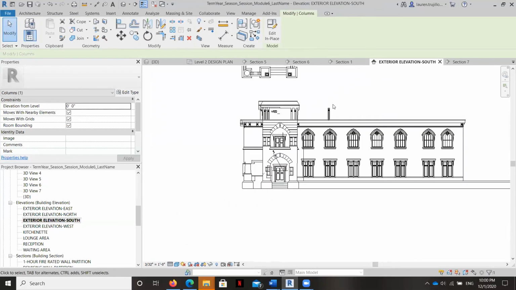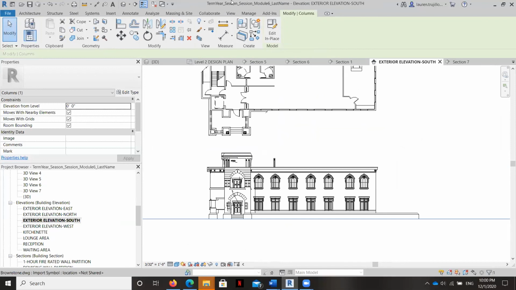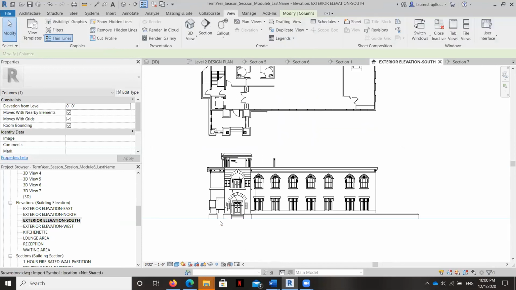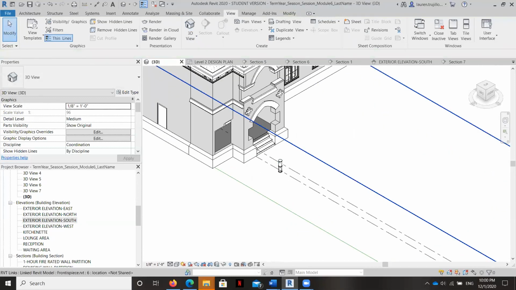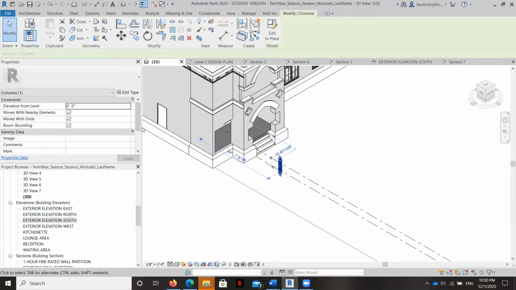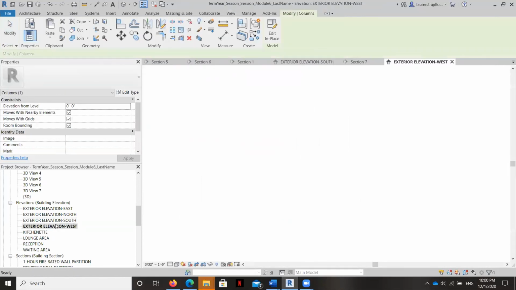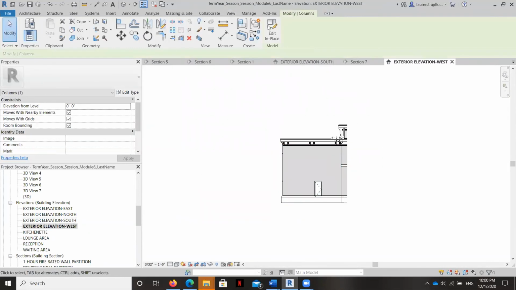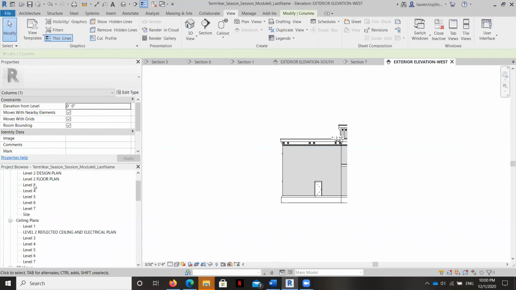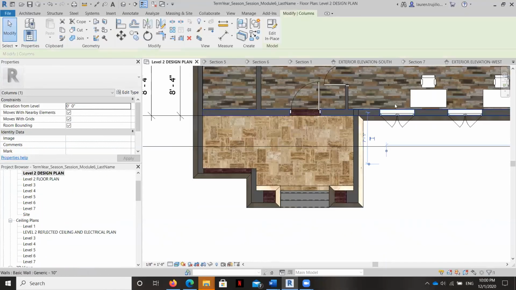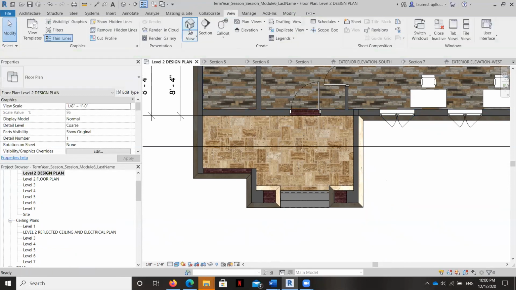We got a rogue column there we got to get rid of. So see, it's kind of hard to find it.